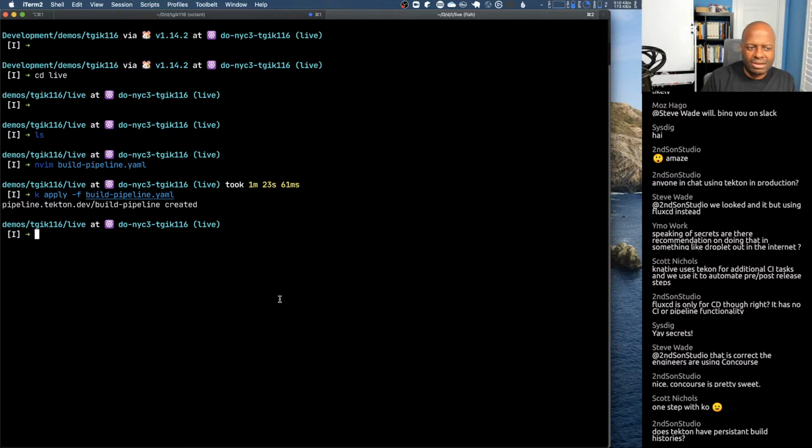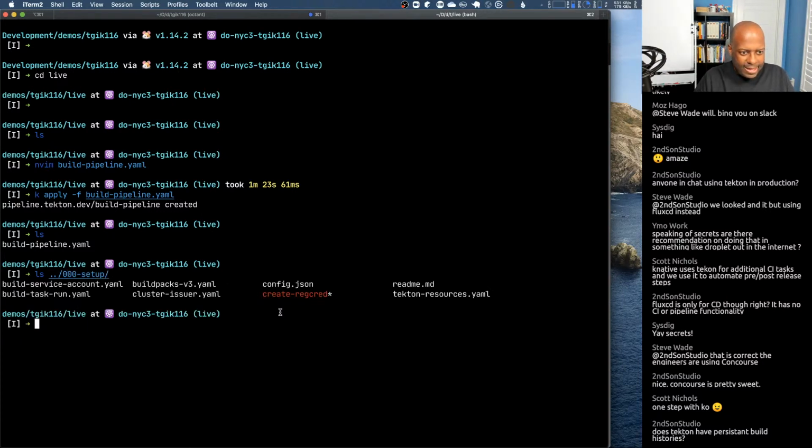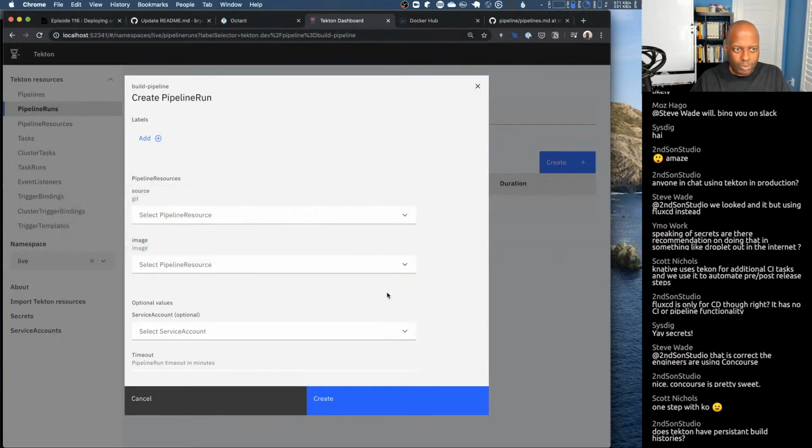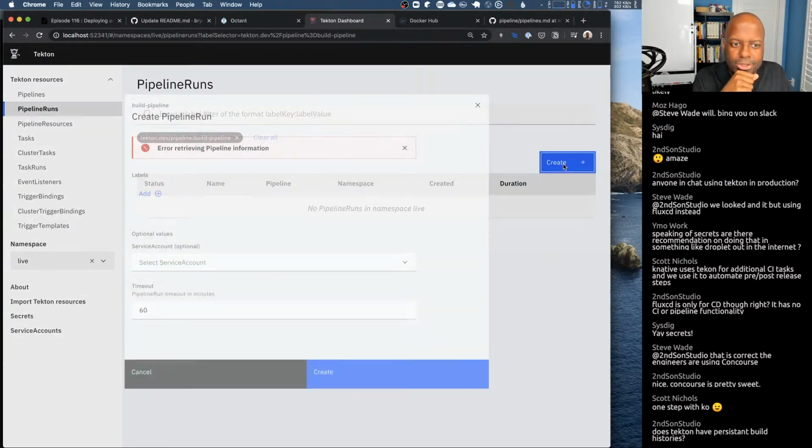So what we're doing right now is I'm trying to remember where my resources are. If I go up a directory, Tekton resources. So apply -f up 000 Tekton resources. Now we created this Git source, and then we created an image as well. So whenever I reload this and I do create,